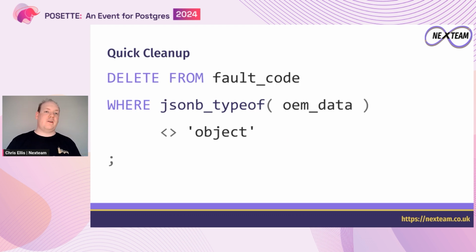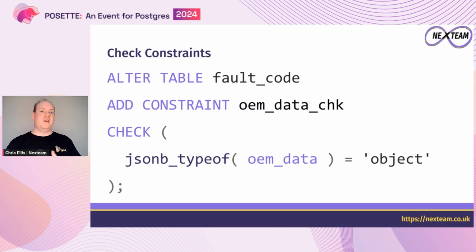And so at least we can now go and clear up all that bad data in our database. We can just delete every row where the type of that thing is not an object. But that's only so good at sorting out the mess we've got into. We want to actually make sure we don't get into that mess again. So this is where another very awesome power of Postgres comes in, which is check constraints. Check constraints let us apply an arbitrary predicate onto our record to ensure that it matches a whole bunch of criteria.